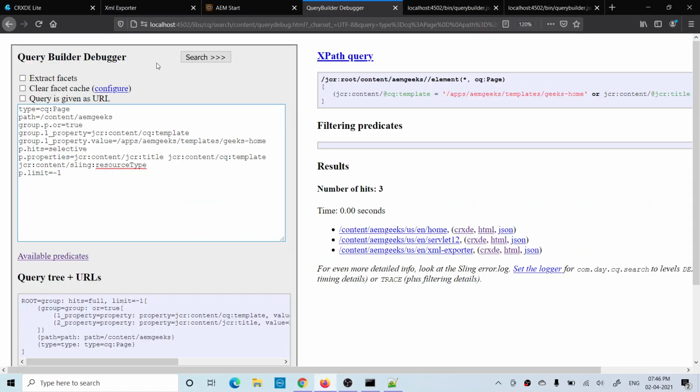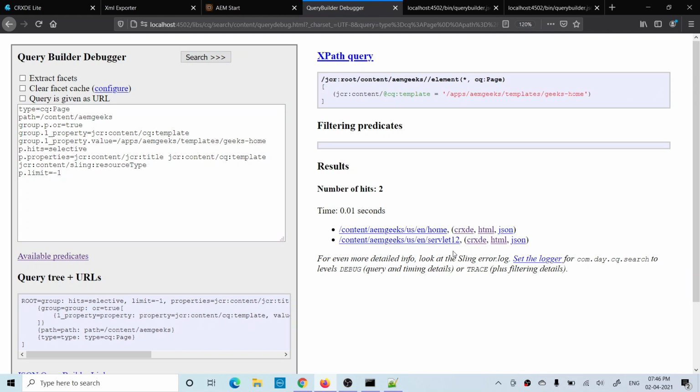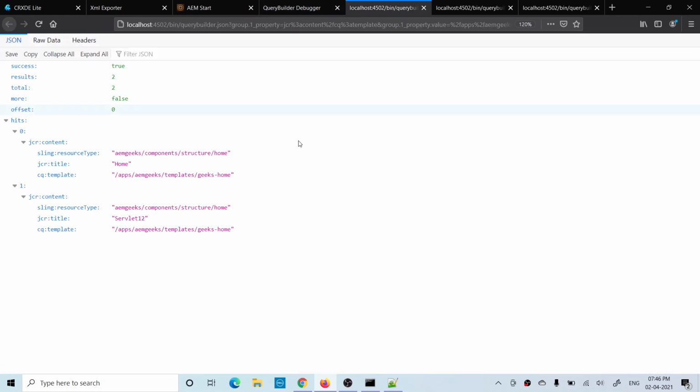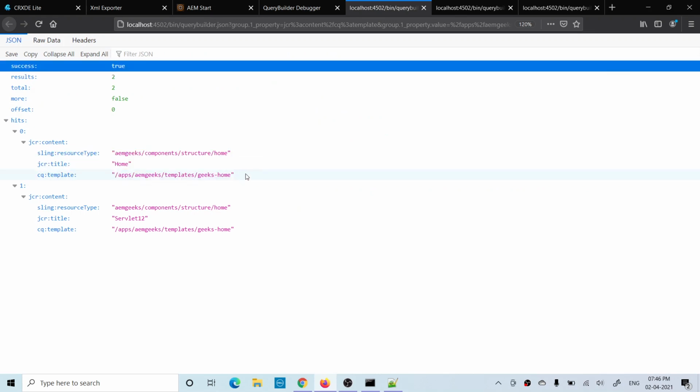Now if I hit this query, the result is the same. Obviously there are 2 results because I removed that one condition. If I open this link, you will see it is now giving me the properties that I defined, and it says these are coming from the JCR content. So in that case, you can even define what properties you need. So keep in mind,